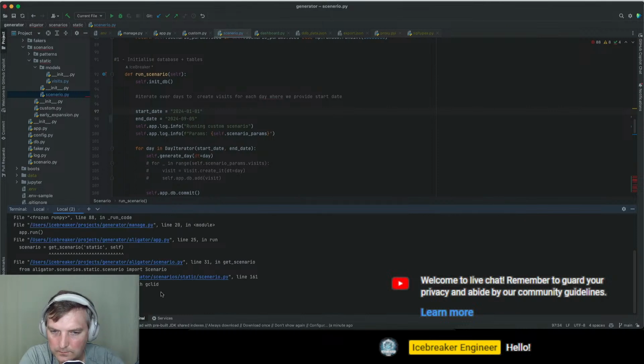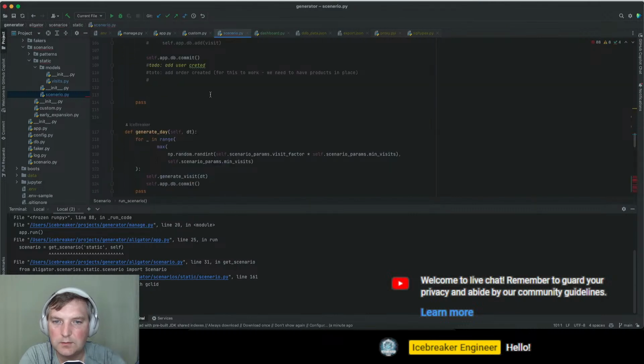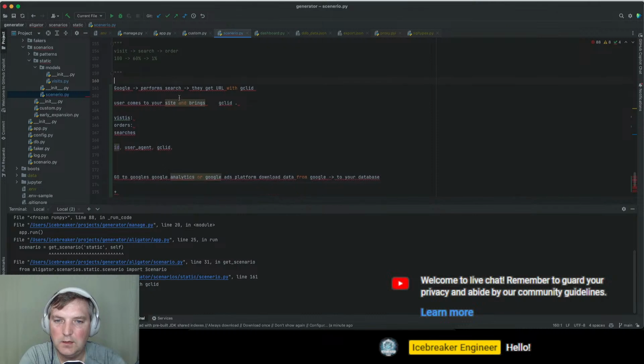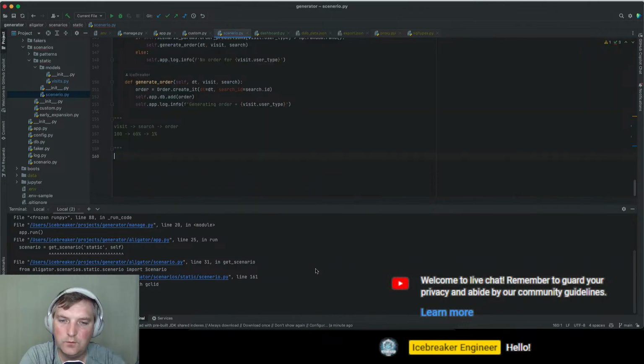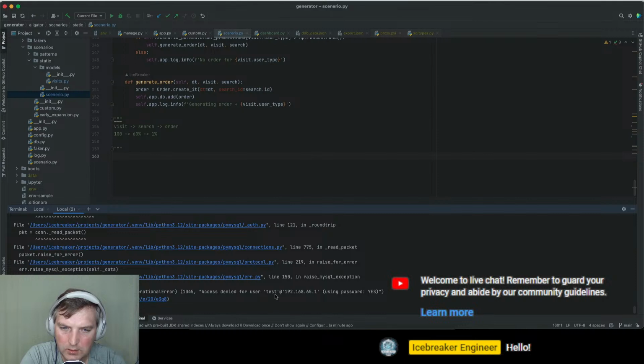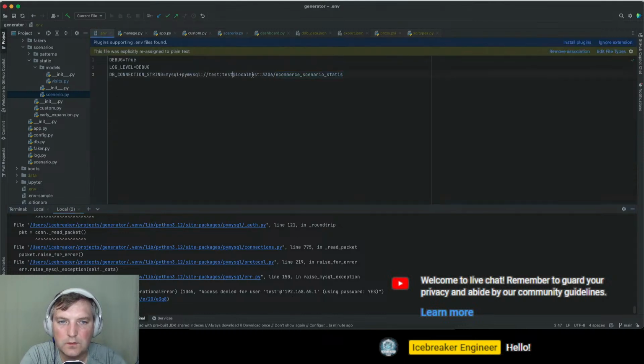Okay, right, I left some trash in here, which I should remove. And now it's access denied for the test, so it's not test, it's root.